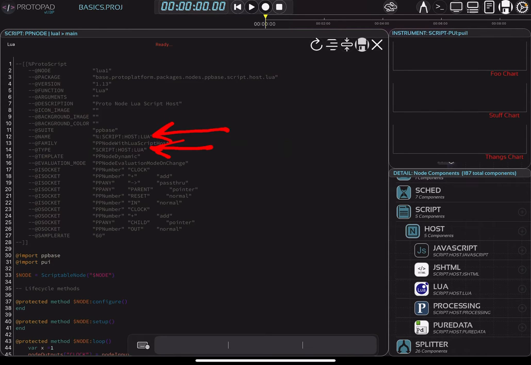If I wanted to come up with a new place name for this node, which would be in its own place in this node tree over here, I will need to use this form of ProtoScript